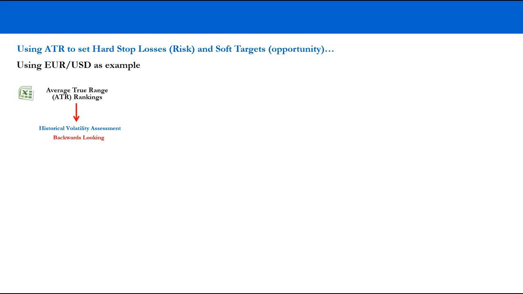So if you keep your ATR rankings spreadsheets for the tradable set always up to date, you'll be able to access the data and look at the historical volatility assessment, which is backwards looking, obviously, but you'll be able to use this to enable you to pick your stop losses and your targets very sensibly. So let's go over to the spreadsheet,